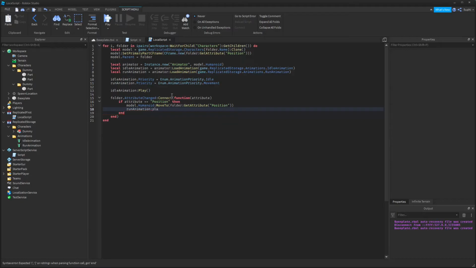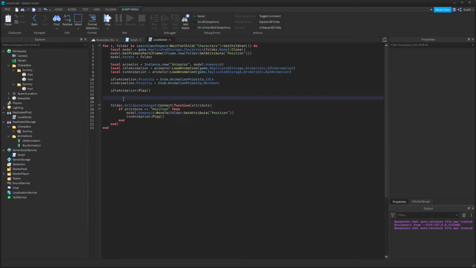So play, and we also need to detect when the movement has finished to stop the run animation. So to do this, I'm going to say model.Humanoid.MoveToFinished, and I'm going to connect a function to this event,